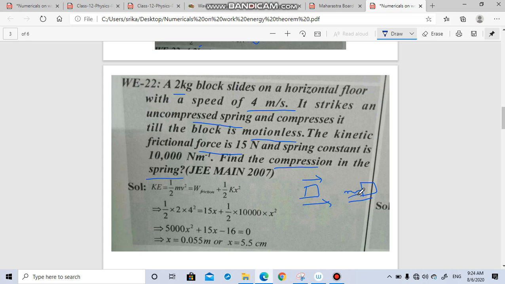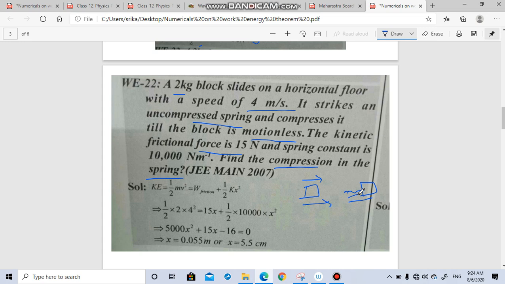Again I am saying a car is coming from the left, the tires are going on the ground, there will be friction between the tire and the ground. This car has some energy, it has got some kinetic energy. What will happen? That energy is doing some work. Who is taking that work?